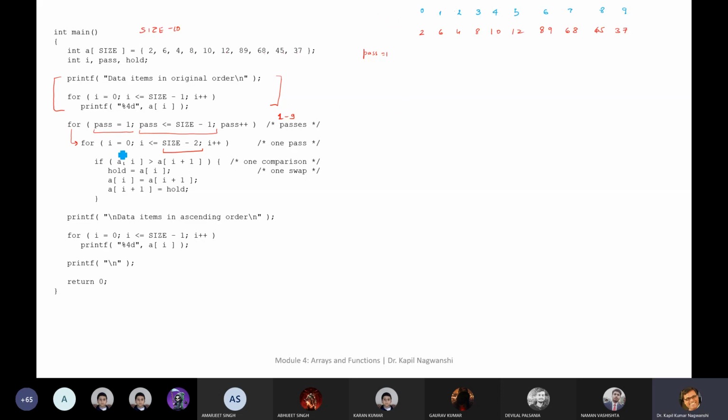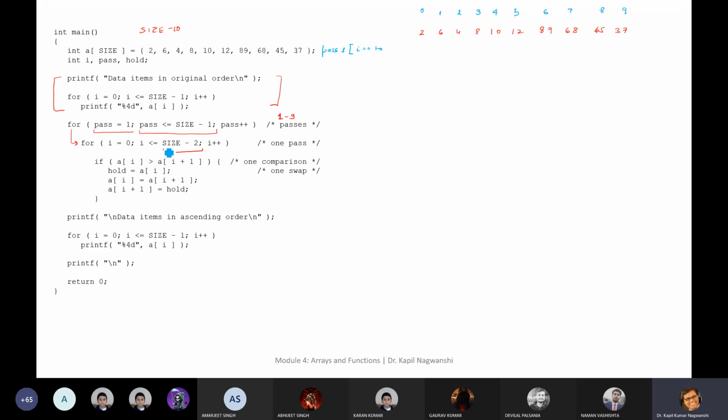Now come to this step: I equals to 0, I is less than or equals to size minus 2. So this I will run for how many values? In pass 1, I need to erase once again, because it requires a lot of things to write. So this is our pass 1, and inside that, I will start from 0 to size minus 2.